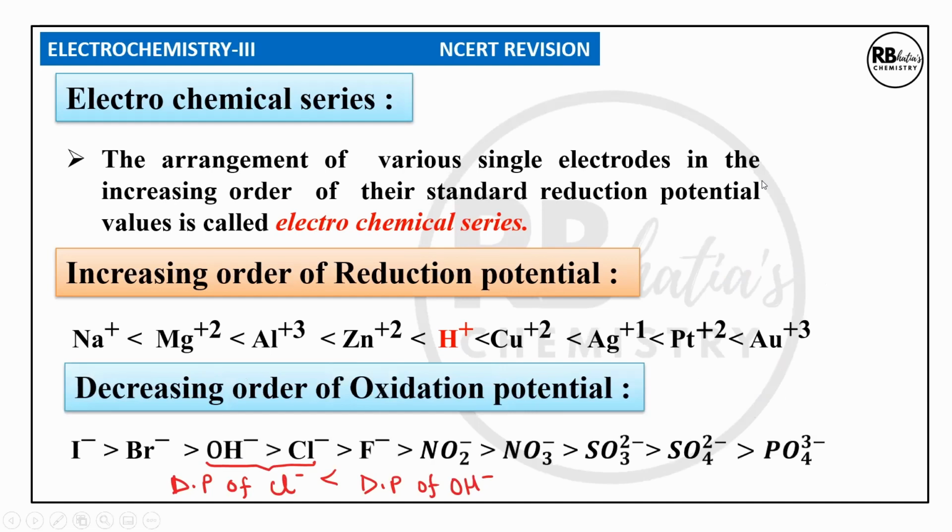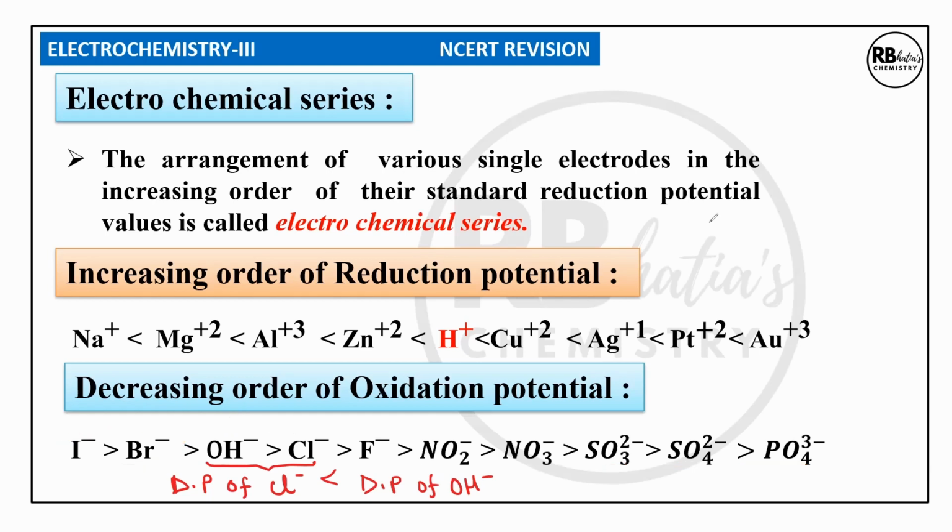If I write down the order of oxidation potentials, this is the decreasing order of oxidation potentials, where halide ions have a higher oxidation potential than OH negative ion. So halide ions are preferentially oxidized over oxidation of OH negative ion or water. But all these oxo anions have a lesser oxidation potential. So if there's a comparison between any oxo anion and OH negative ion, then it's OH negative ion which is